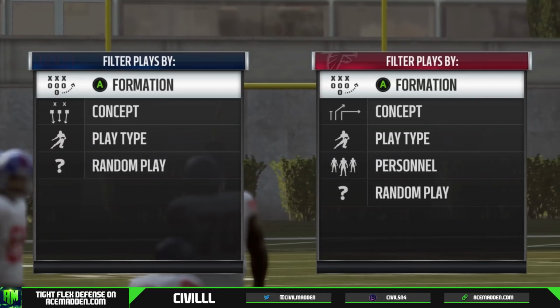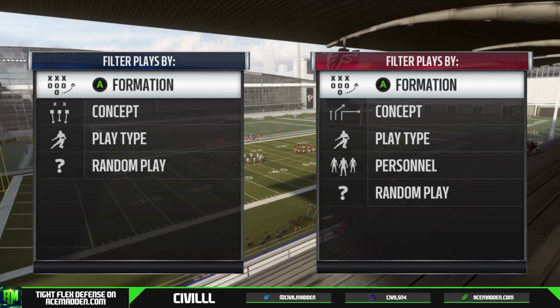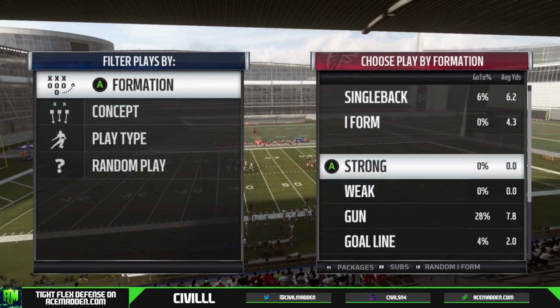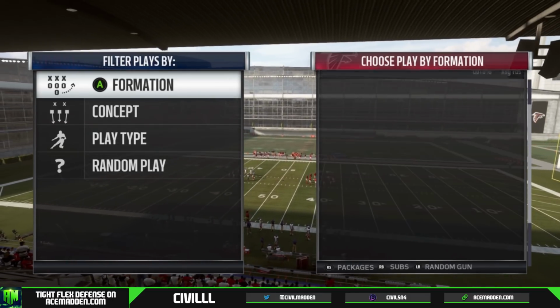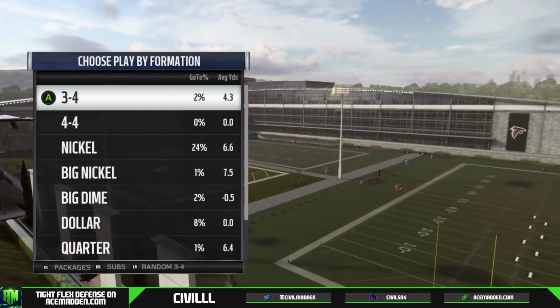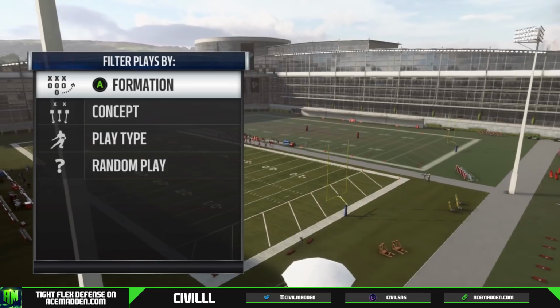But now getting into the actual video. The first thing we're going to talk about is knowing your progressions on any given play. The way we're going to demonstrate that is by a play I really like, a pretty popular play out of the trips tight end formation. I'm currently in the New England playbook, but this is found in a few others as well. And this concept carries over to every playbook. And we're just going to go up against a